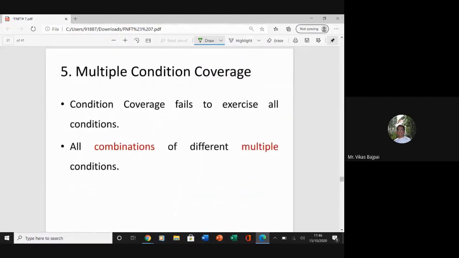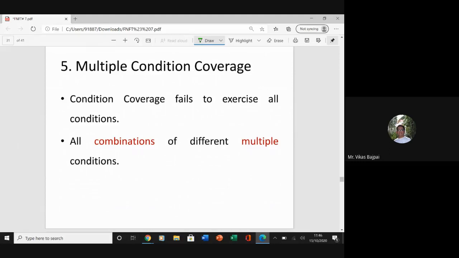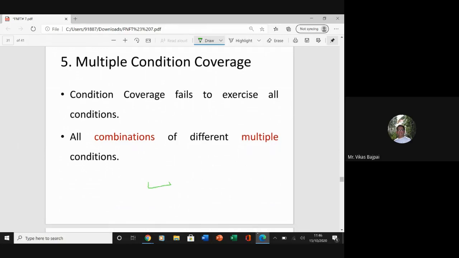Okay. Now, then we have multiple condition coverage. The condition coverage fails to exercise all the conditions and all combinations of the different multiple conditions. So if suppose I have several conditions one after the other, if this and this or this and this, I have to look for all these factors, all the permutations and combinations.